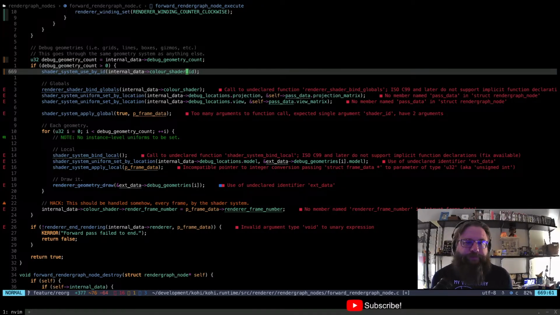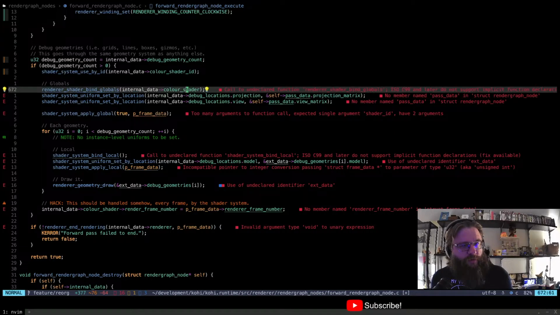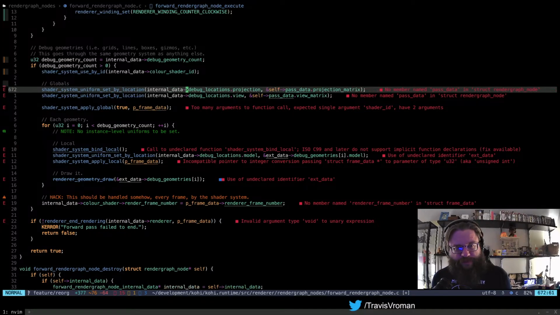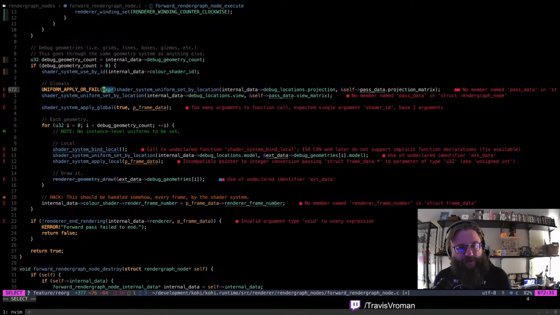All right. So we have renderer shader bind globals. We don't do that anymore. That's gone. Shader system set by... Okay, we don't... Oh, we weren't actually checking this stuff. That's great. So we want uniform applier fail.